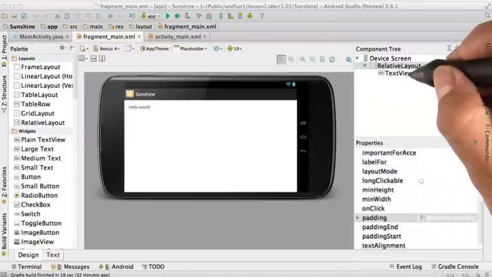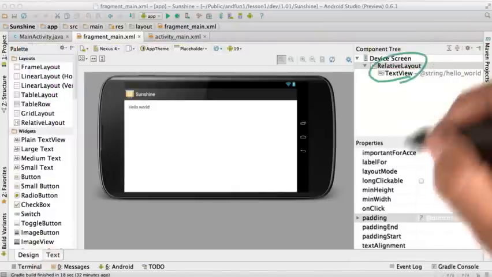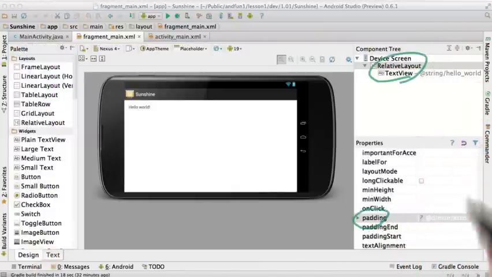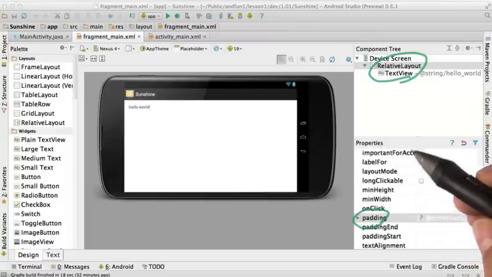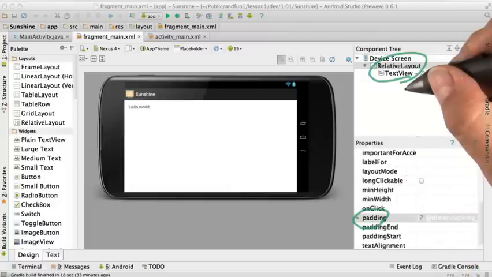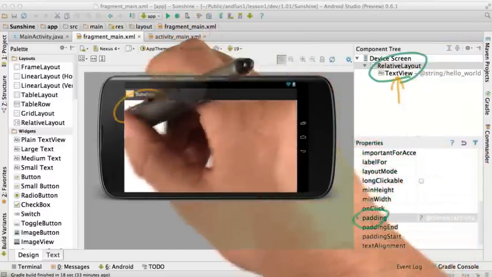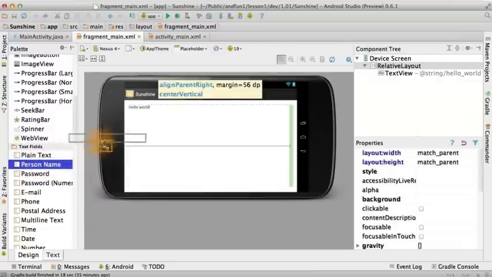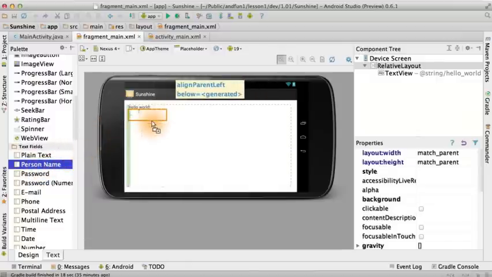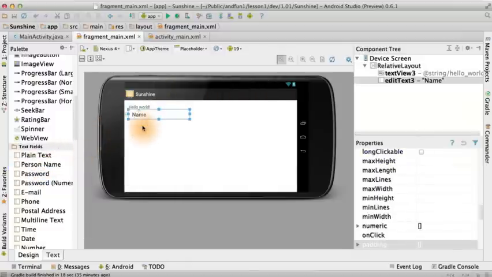The template we used gives us a relative layout with some padding around the edges. We'll get into layout features like padding and margins later. Inside our relative layout is a single text view that says, Hello World. Edit Text is a text entry field that is an editable version of text view. It has many options, such as whether it supports single or multi-line.